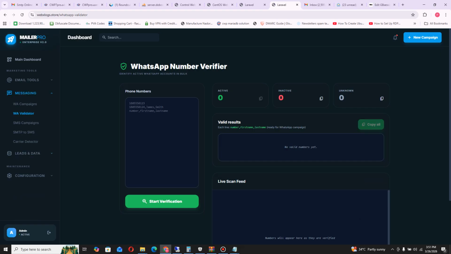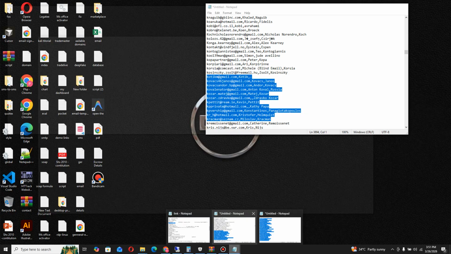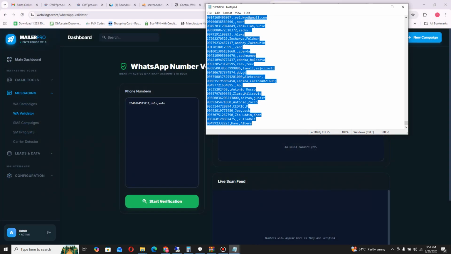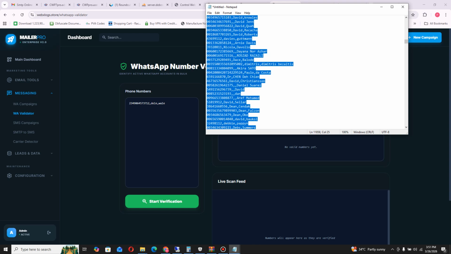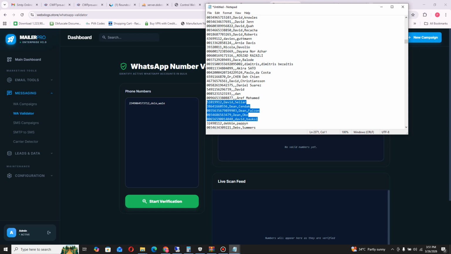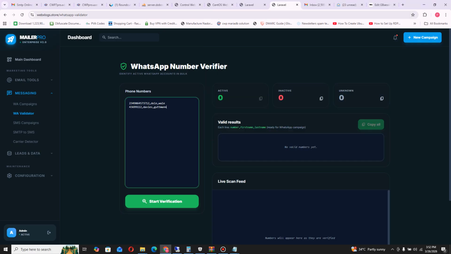This is a WhatsApp number validator. You can paste your list without first name and last name, while you can also paste your list with first name and last name. Right now, this is my phone number, and I'm going to copy some phone numbers here. Any phone number that is registered on WhatsApp will be verified. But I don't think I really have some good phone numbers. I think these are just office numbers. I just added that,